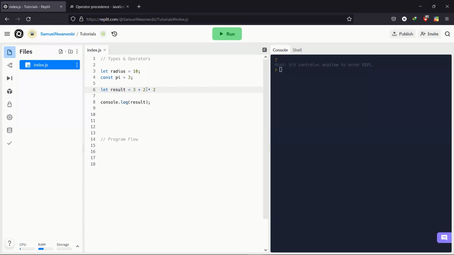10, if I wanted this expression to be 10, what I would simply do is include the brackets, and then call it parentheses. I include the parentheses, and if I run it, we get 10. So the values within the parentheses are solved first before any other expression is